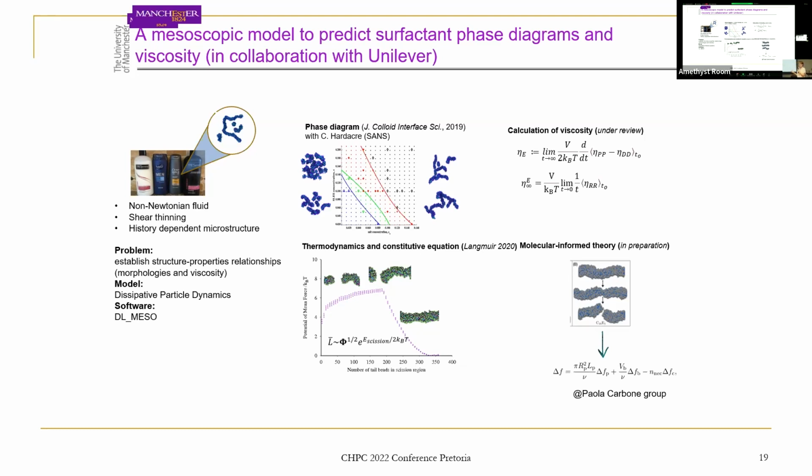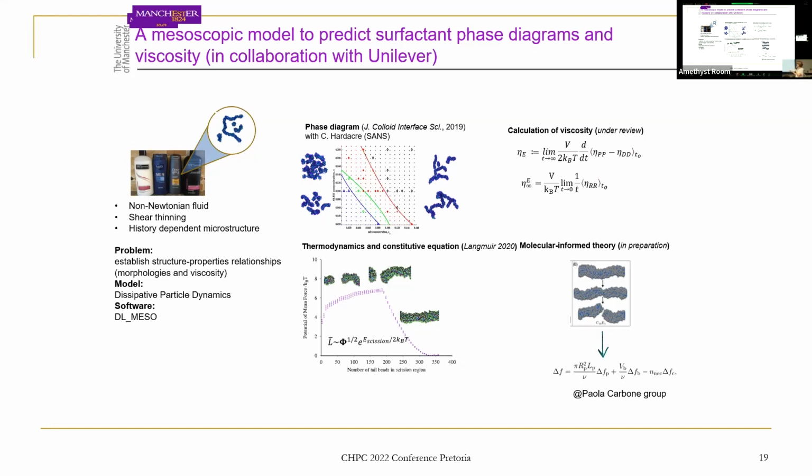Now, if the company wants to change the formulation slightly, it's basically impossible for them to predict what the viscosity of the final detergent is going to be. This is a massive problem for them, also for the environment, because every time they have to come up with a different formulation, they have to clean up all the batches and stuff. So we used a mesoscopic model, dissipative particle dynamics, and one of the CCP5 codes, LAMMPS, to develop a molecular model for the surfactant system.